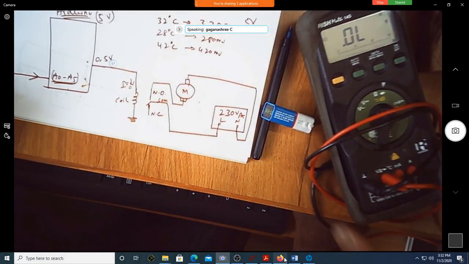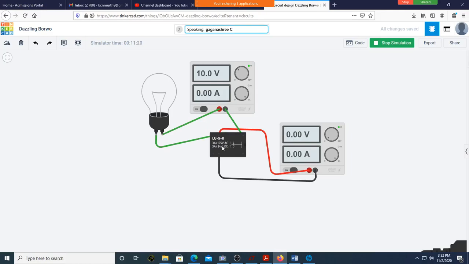We did the same thing here. See here, when the current flowing through it is 0, is this connected to this? Common is connected to NC. Make the current flowing through it sufficient so that this energizes and goes above. During that time, the bulb glows. Same thing we demonstrated using the multimeter.